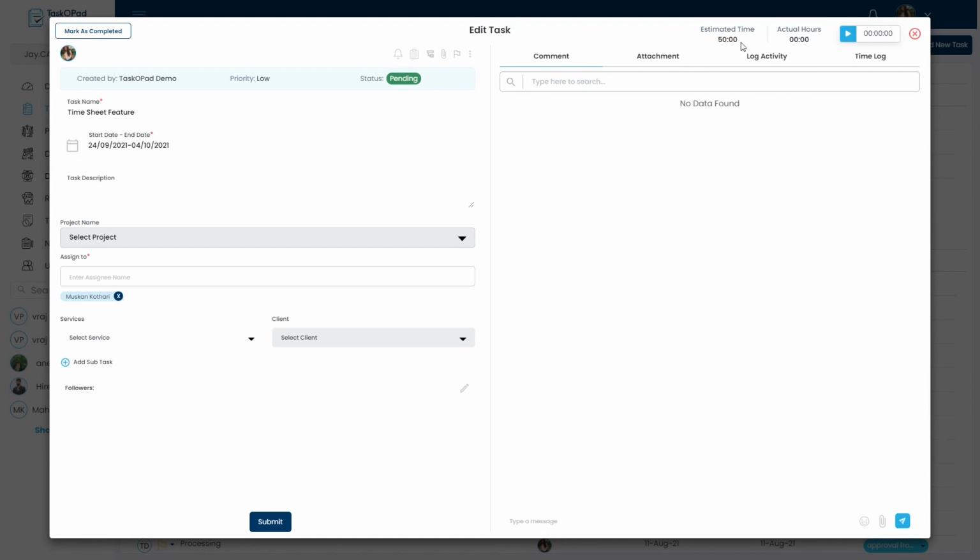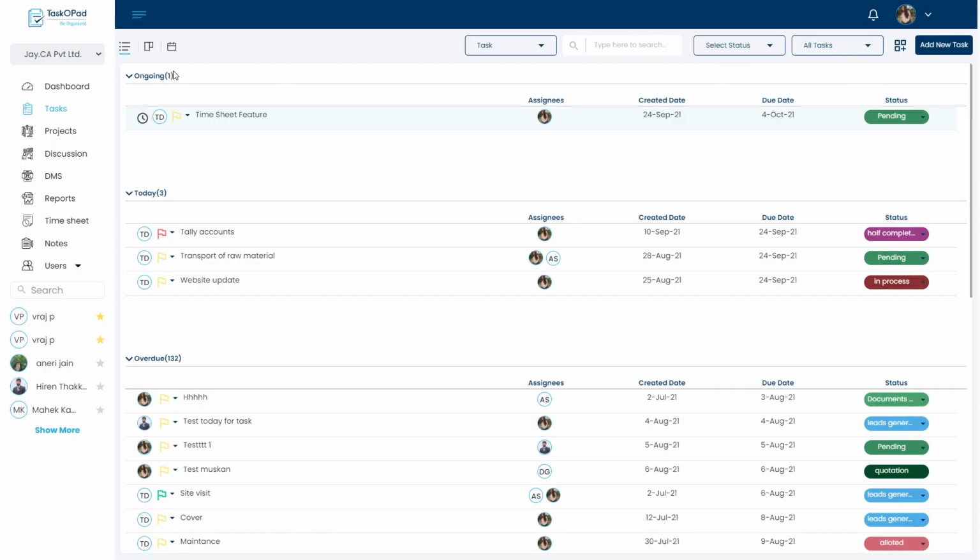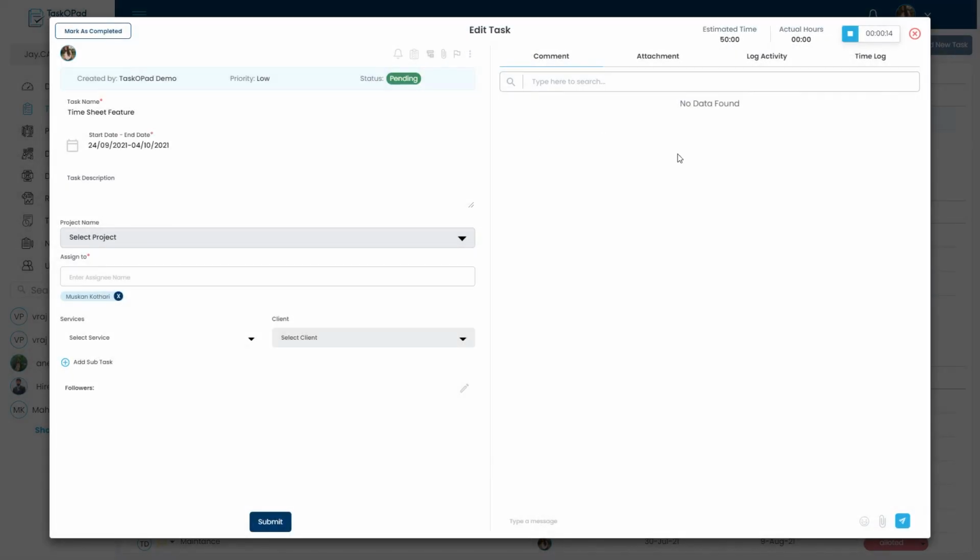Now let's do the entry from the automatic method. Here she has the picker option. You can click on the picker and your time calculation will get started. It should be at least 1 minute. And if you close this, it will appear in the ongoing label of the task dashboard. Let's go to the task again. Whenever you stop the picker, the entry will automatically be shown in the time block like this. Let's wait till it completes 1 minute.